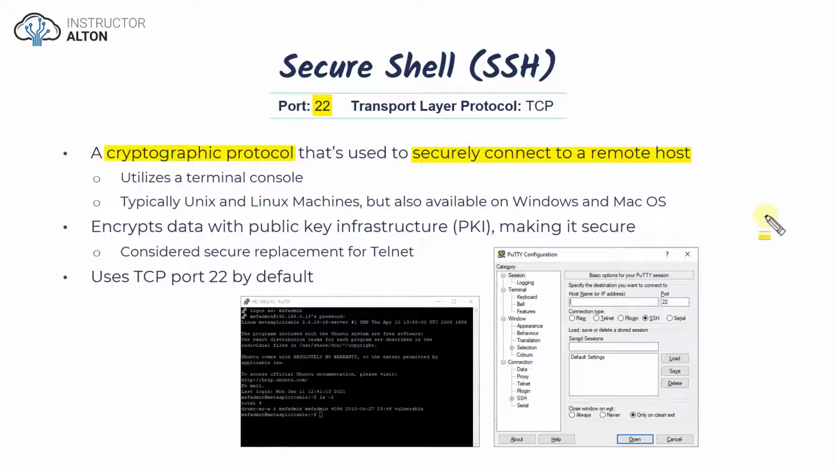So it's widely available. Now, in terms of how it encrypts the data, it encrypts it with PKI, which is the public key infrastructure. We're not going to talk about how PKI works in this course, but if you move on to a cybersecurity course, you're definitely going to learn the basics of how PKI works. All you need to know in this course is that it is a method of encrypting our data across the